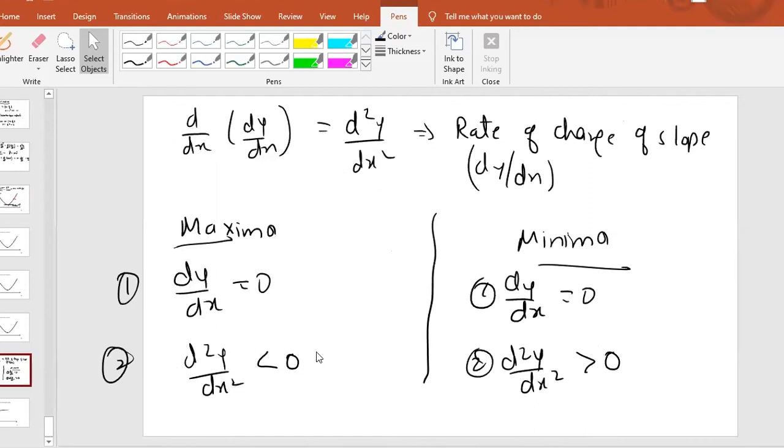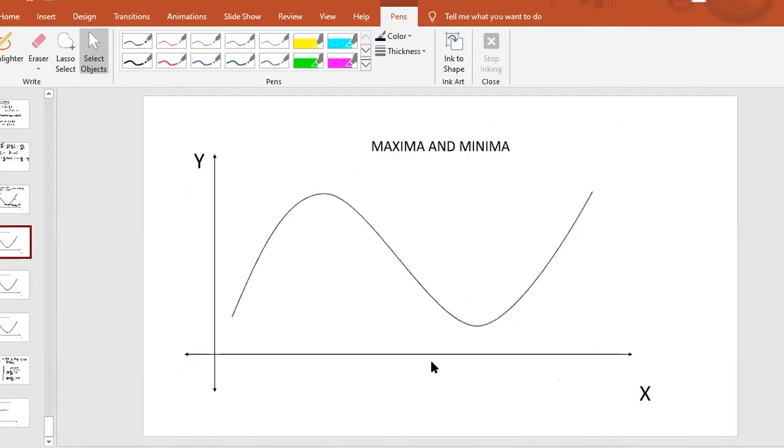If the second condition is satisfied, that d square y by dx square is greater than 0, then it is minima. If it is less than 0, it is maxima. Okay. Now can we prove this point or not? To prove this point, again we'll take the 4 points A, B, C, D. I take this point A, this is point B. This is point C we can take. E we can take, because previously we have taken this as C. And this we can take as D.